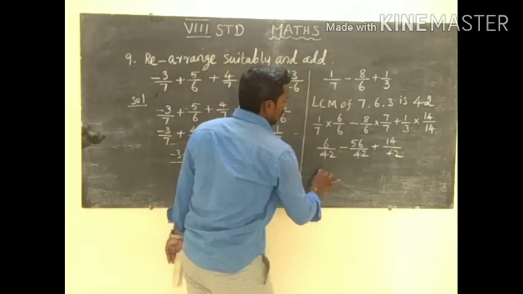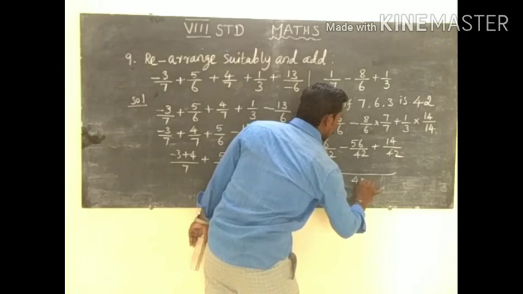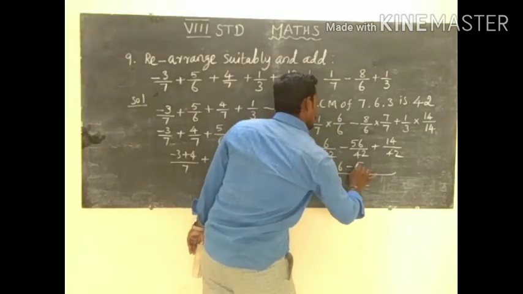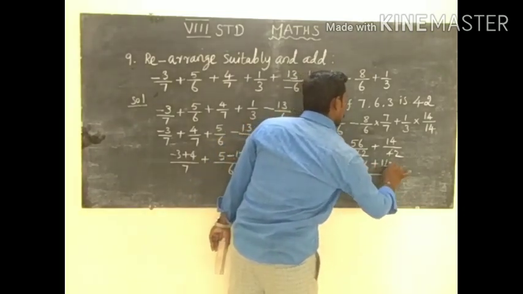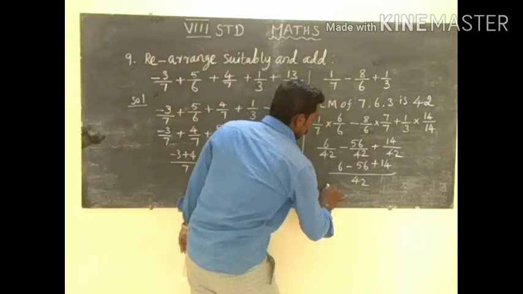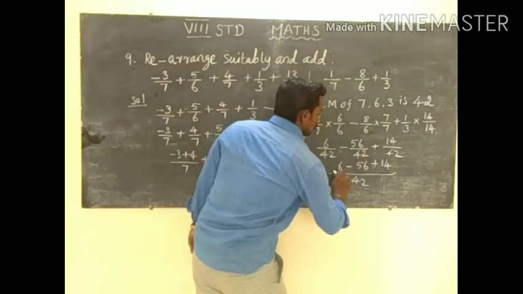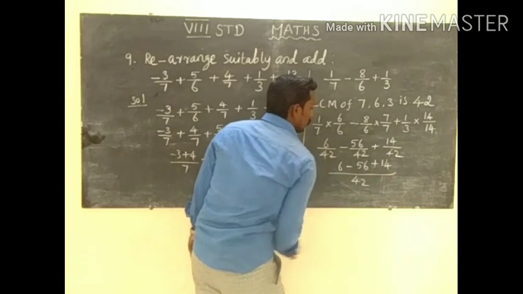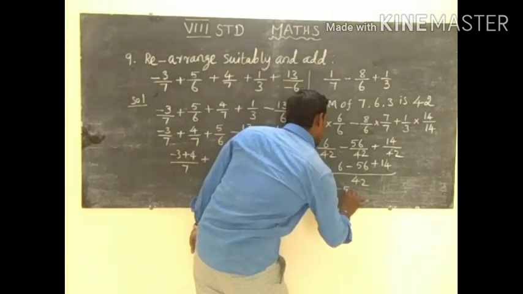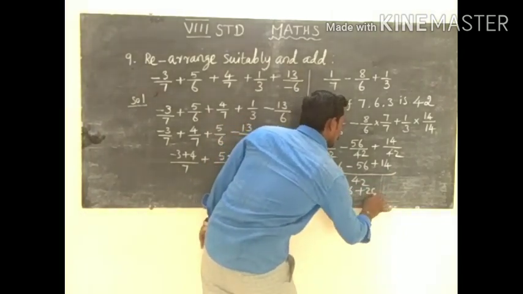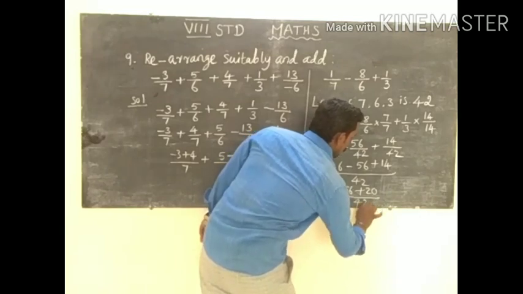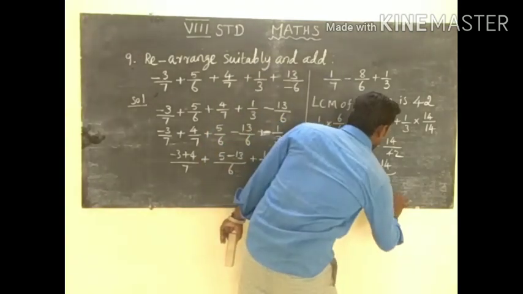Now we get all of them in like terms. So 42 is the common denominator, and 6 minus 56 plus 14. This is equal to, comparing the like terms, 6 plus 14 is 20. So minus 56 plus 20, divided by 42, which is equal to